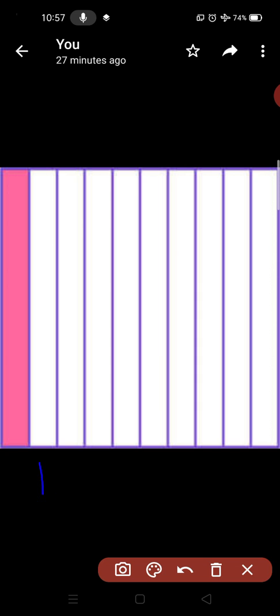Okay, this is the decimal representation of a given number. Now we will see the tenths grid. We know that when a square is divided into 10 equal parts and one part is shaded, out of those 10, one is shaded. So simply we can represent it as 1 by 10, or else 0.1. 1 by 10 is a fractional form. 0.1 is a decimal form.